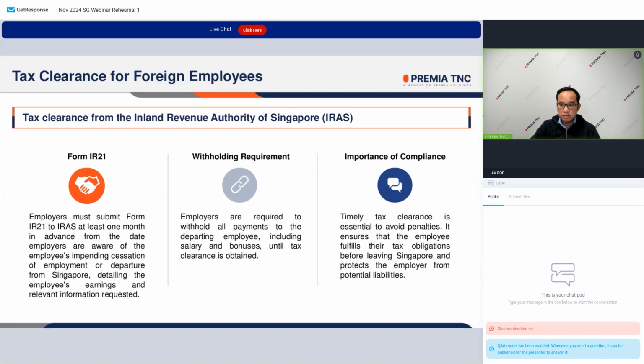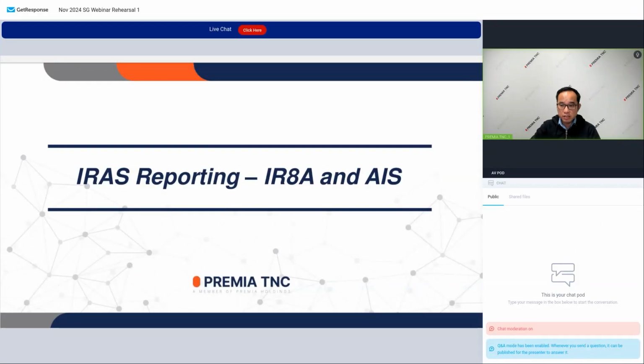Importance of compliance. Timely tax clearance is essential to avoid penalties. It ensures that the employee fulfills their tax obligations before leaving Singapore and protects the employer from potential liabilities. Let's now move on to tax